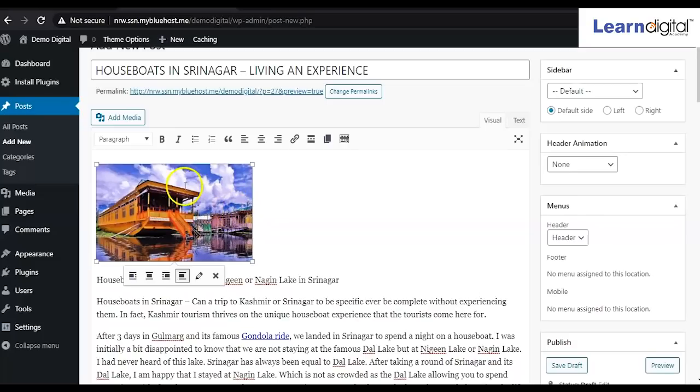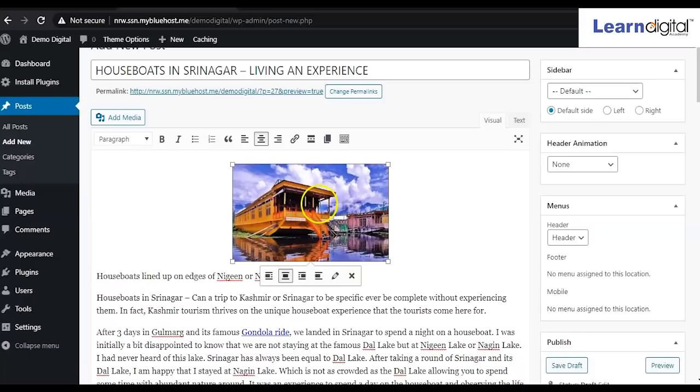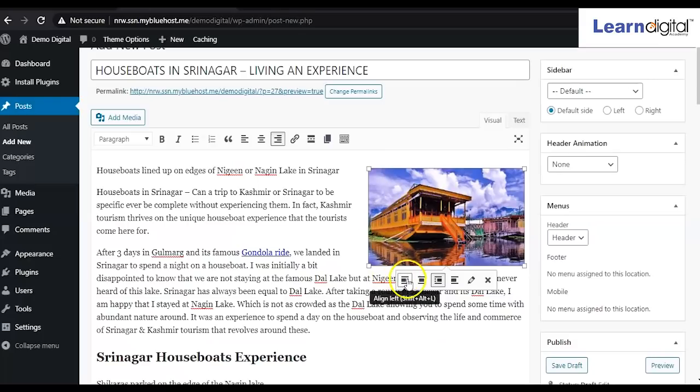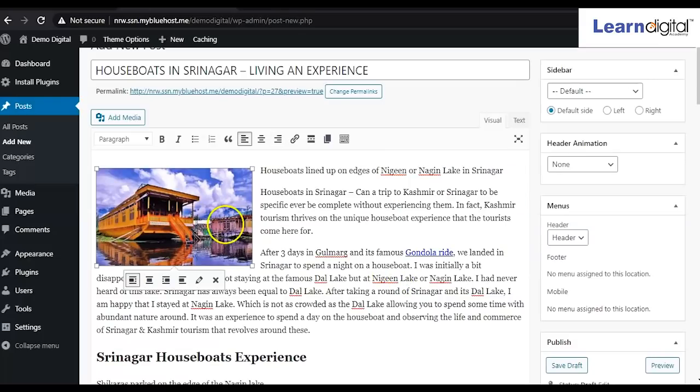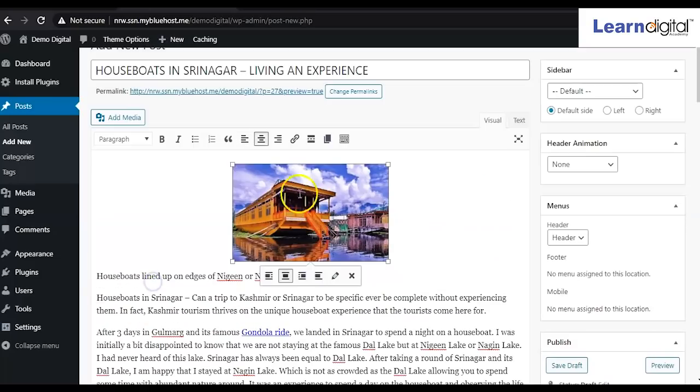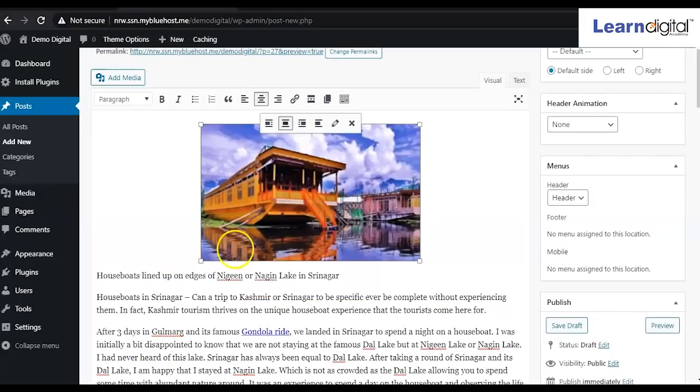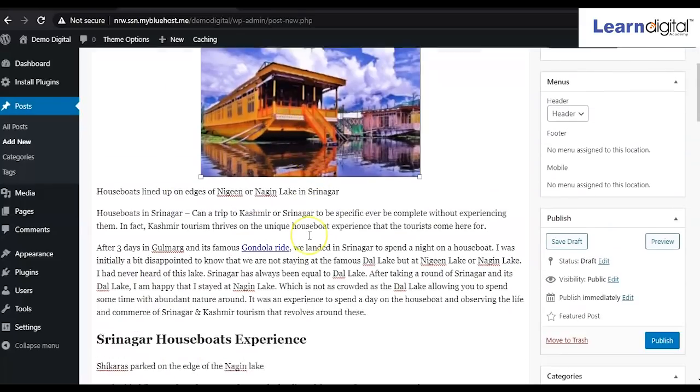This image I can make center, left or right, or I can edit the image. I can increase or decrease the size. I want to bring this image to the center, so I have to set the alignment. Simply I can click on this, so it becomes center. If I want to make it right, it can come to the right. If I want to move it to the left, I choose this one, right? So it is up to you. Now I want to increase the size of this. Simply I can drag it, right? So the size is increasing.